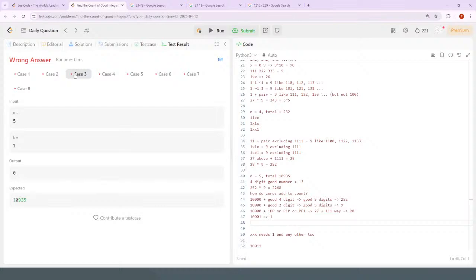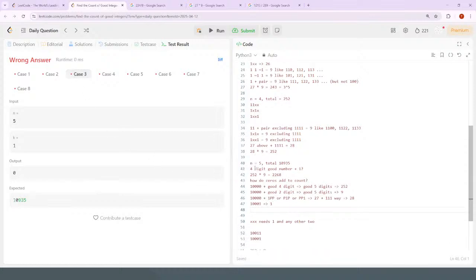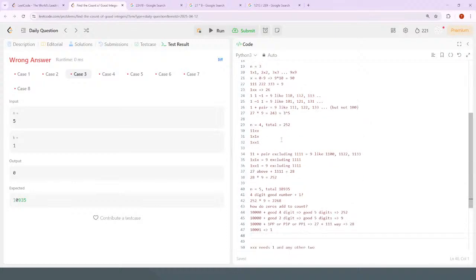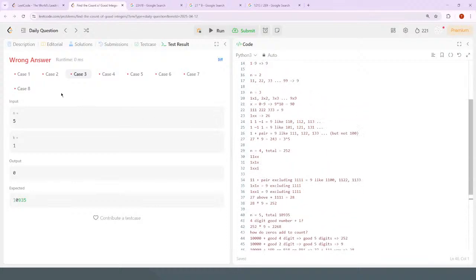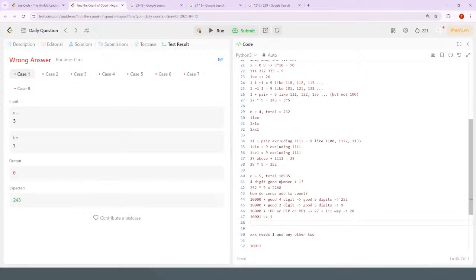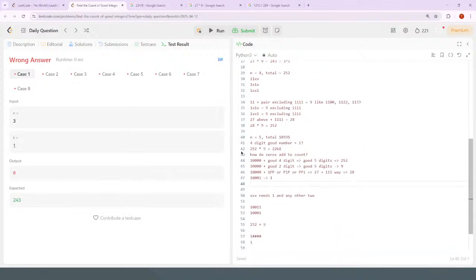Or maybe you should use the one that's 2 less. Maybe use both. Maybe it uses both. So for instance, if you have a 3-digit number,